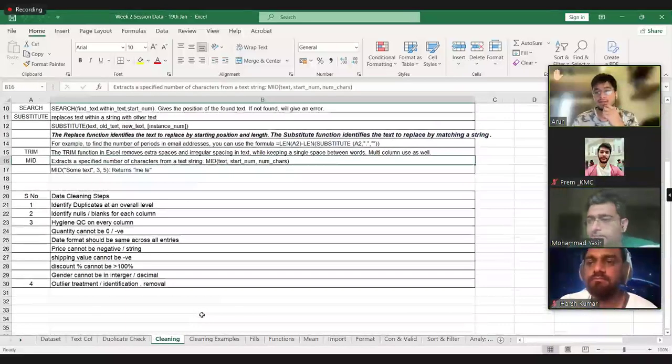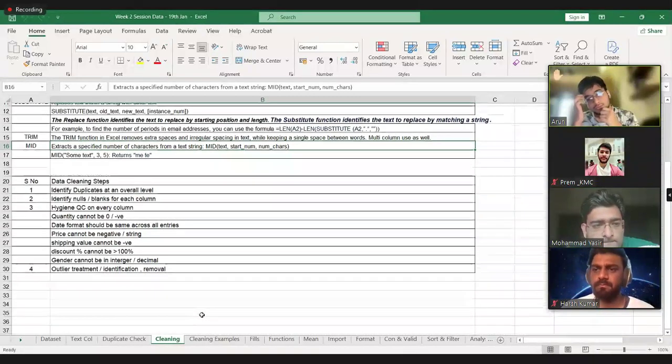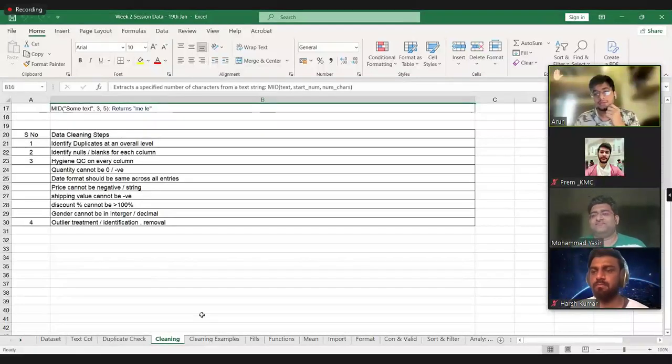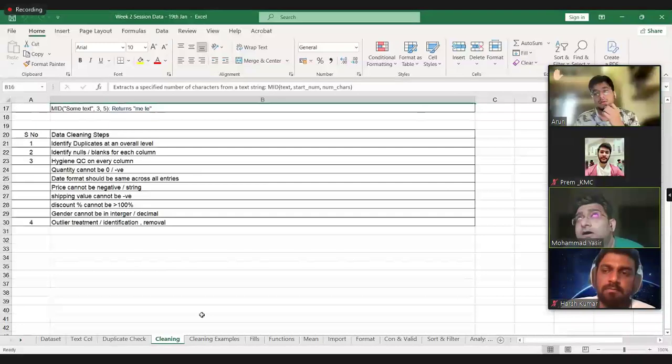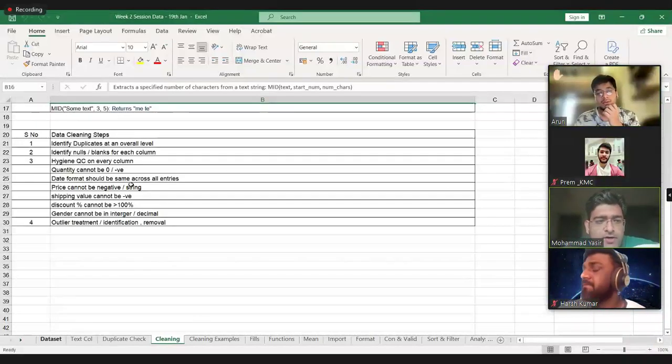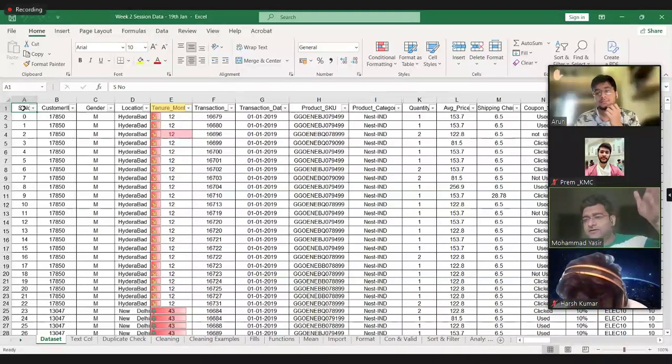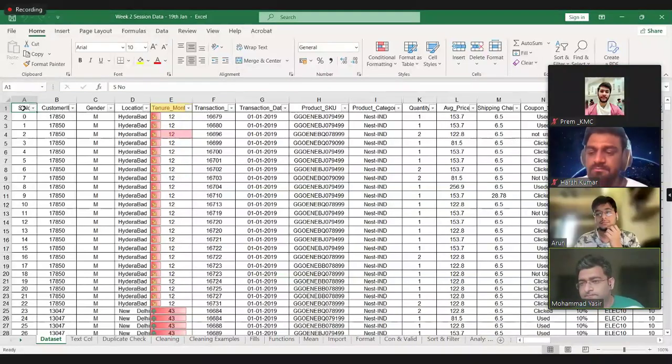Excuse me, sir. I have a doubt. When we were using the remove duplicate function, can we select the entire worksheet and then select the transaction and SQ to remove the duplicate so that the rows of the duplicate will also get removed? In this case, Arun, you can't do that, because we have a serial number already added. The serial number adds a unique value in every row.